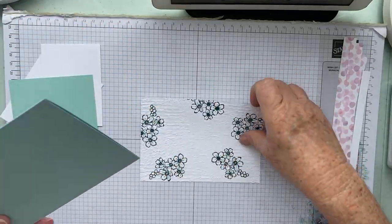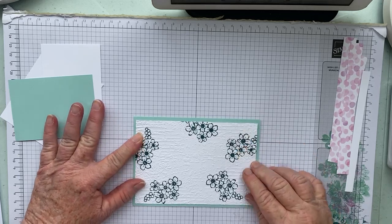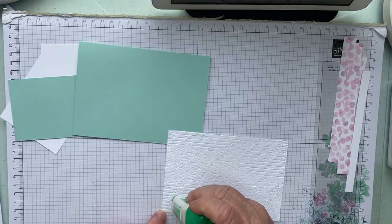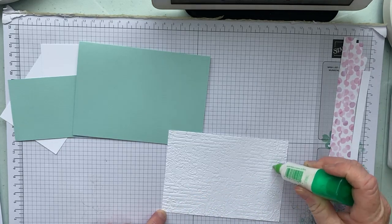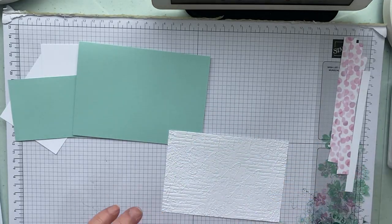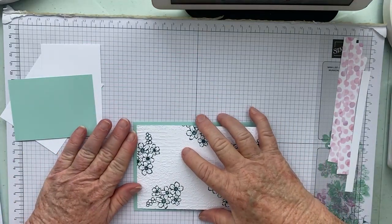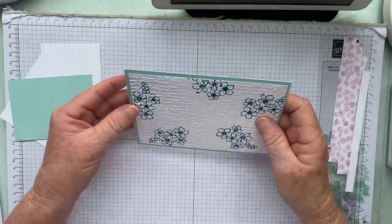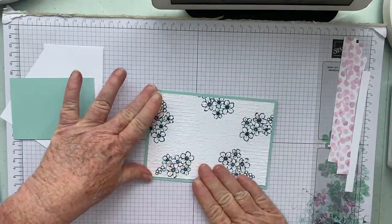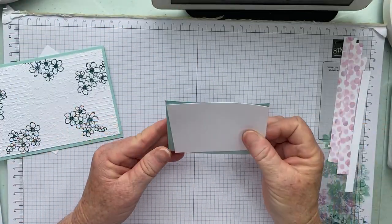And what we'll do now is stick that to there like that. That's already looking better already. I think the DSP was a little bit too busy, but hey. That's a little bit better. I'm liking that. Then we'll grab this piece